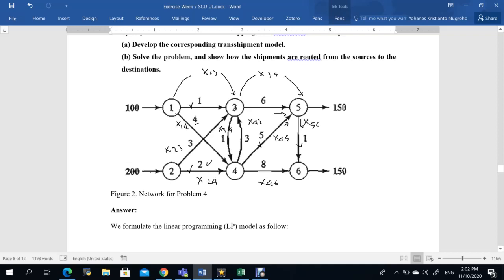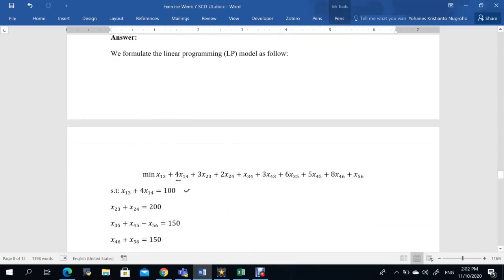Constraint number 1 stands for node number 1, that is no inventory should be available in each node, and therefore inventory at node number 1 is equal to 0, meaning that transportation of 100 units to this node, meaning that node number 1 should be 100% transported either to node number 3 or node number 4. And in this case we have the first constraint, x13 plus